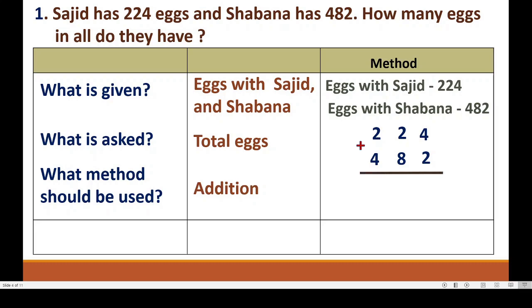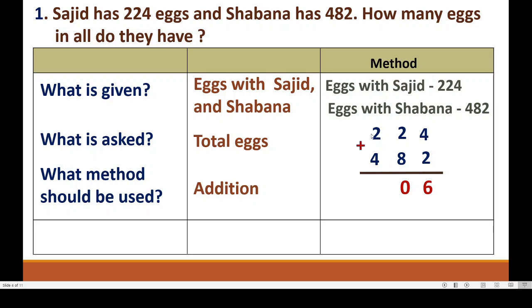Now see this, and you know always we start addition from right hand side, means unit column. This is units, tens, hundreds. Correct? Now we will start. 4 plus 2, that is 6. 8 plus 2, that is 10. Means here 0 I will write down, and 1 is carried over to hundreds place.